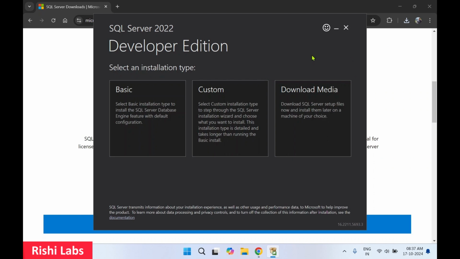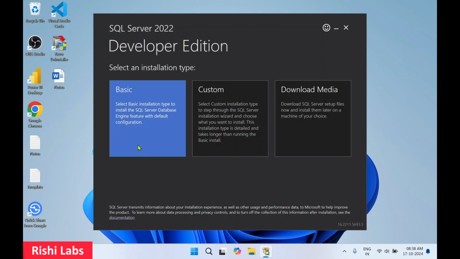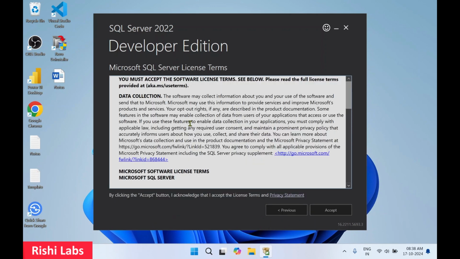You will get a pop-up. Select yes. I'll close the web browser as we don't need it. Here three options are there: basic, custom and download media. We will go with the basic. Make sure you have a good internet connection. Once you select the basic option,